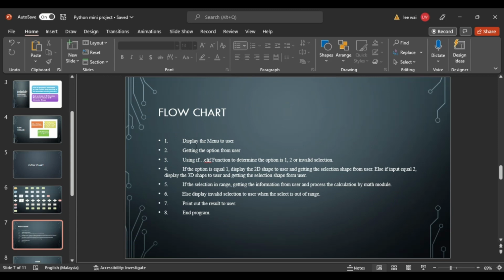First of all, display the menu to the user, getting the option from the user, using if-else to determine whether the option is 1 or 2 or an invalid selection. If the option is equal to 1, display the 2D shapes to the user and get the selected shape from the user. Else, if the input is equal to 2, display the 3D shapes to the user and get the selected shape